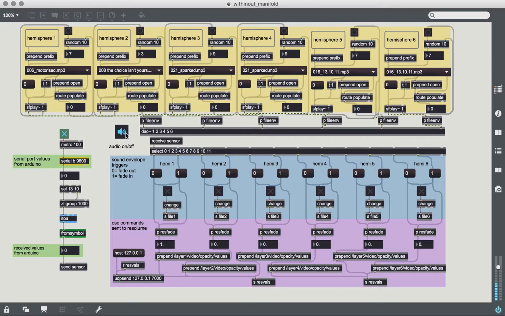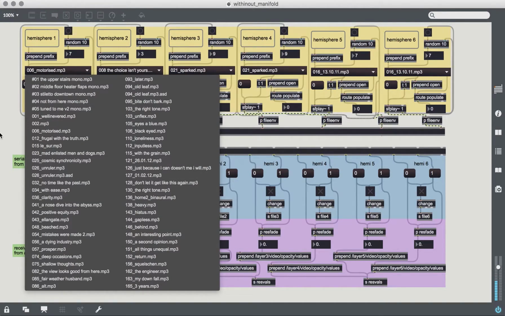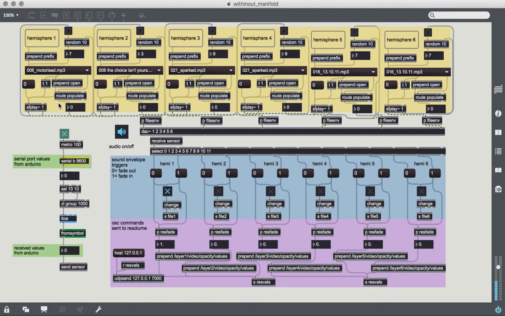So if I just put the sound card on, you can hear that if I send a trigger now, that's actually playing a sound file. Now, when that sound file finishes, it loads a new sound file randomly from this whole palette of sounds. It does that by this thing here. At the end of the sound file, it triggers a bang around to here, and that, as you can hear,